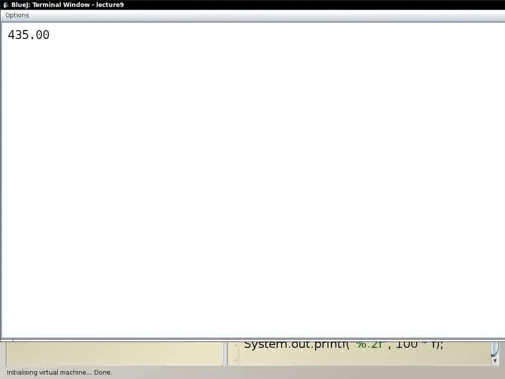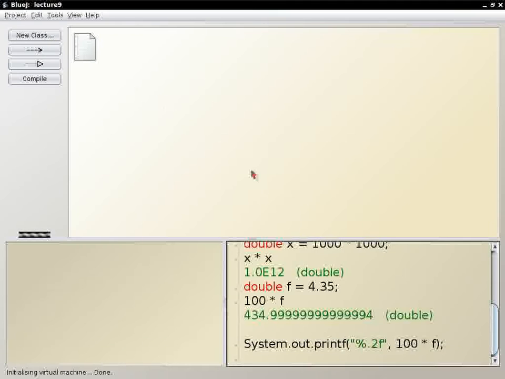It actually isn't accurate. You just can't see the inaccuracy because we're saying show it with only two decimals. And then it takes, you know, the 999 and says, oh, that's actually 435.00. So that's a common remedy that we'll be doing whenever we need to print that. Actual banking software works a little different.